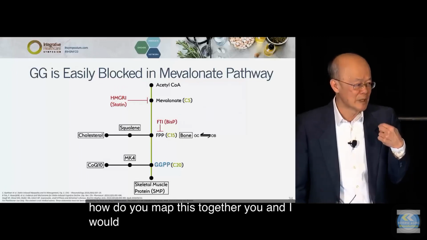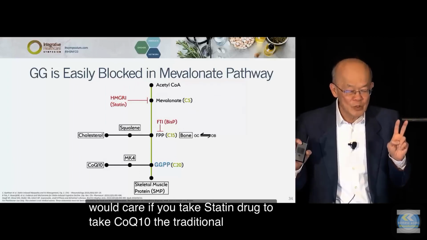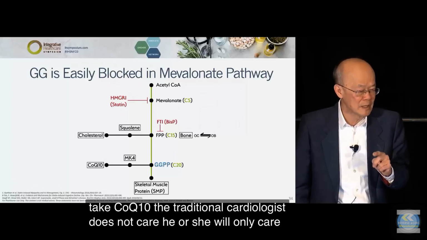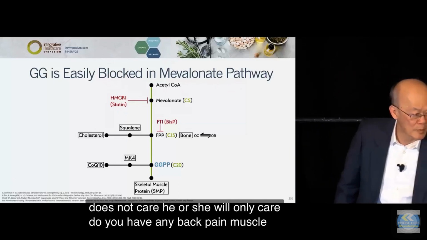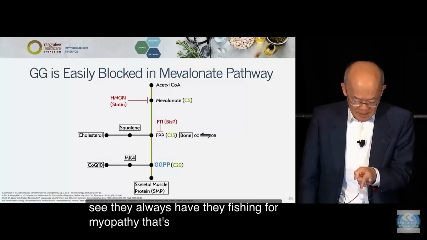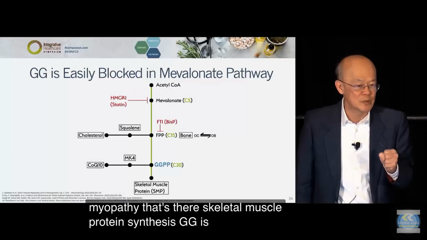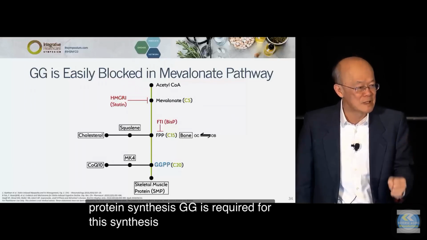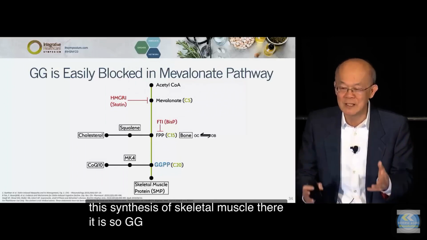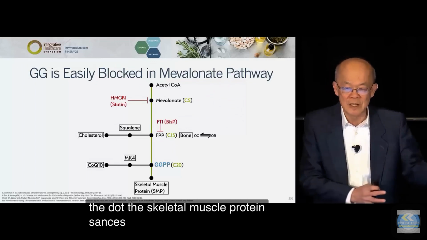You and I would care, if you take statin drug, to take CoQ10. The traditional cardiologist does not care. He or she will only care: do you have any back pain, muscle pain? See, they always ask. They're fishing for myopathy. That's there. Skeletal muscle protein synthesis. GG is required for the synthesis of skeletal muscle. There it is. So GG is a piece that connects the dots to skeletal muscle protein synthesis and CoQ10, but